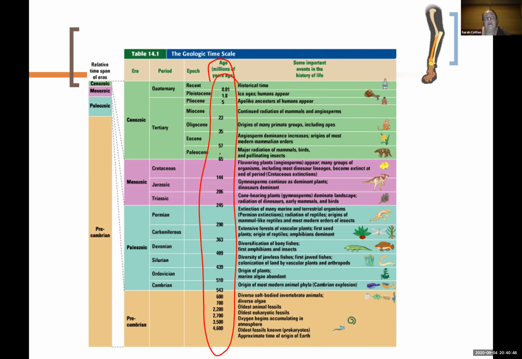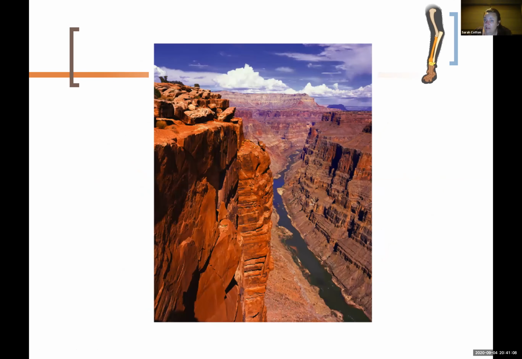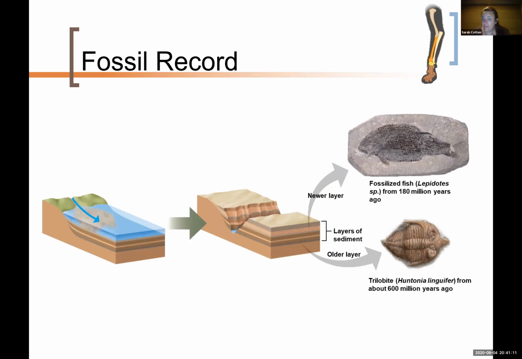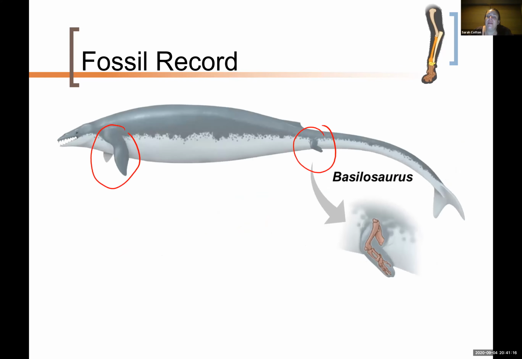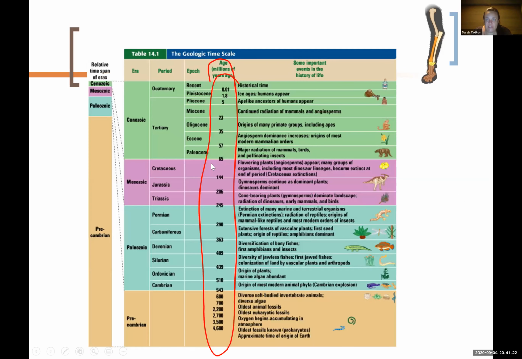But before we had a really accurate method of figuring out how old things were, we still had a scale, because remember that fossils are found in layers, right? So things that are deeper in the ground are older than things that are shallower, that are closer to the surface. So even before we had a way of saying, okay, that little area is 70 million years old, even before we could put dates on things,